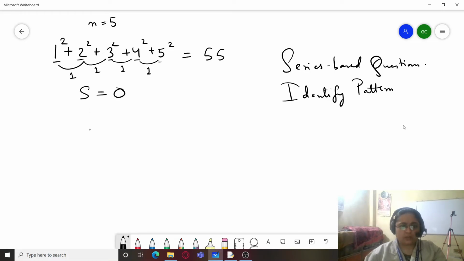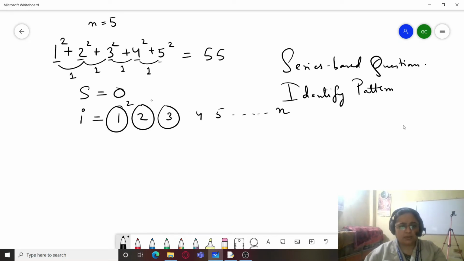So that means you can simply handle it using a loop control variable I, which can take values in this form from 1 to n, and you can just calculate the squares of each of these and you can easily add them, right? So how and what logic we will be applying over here?